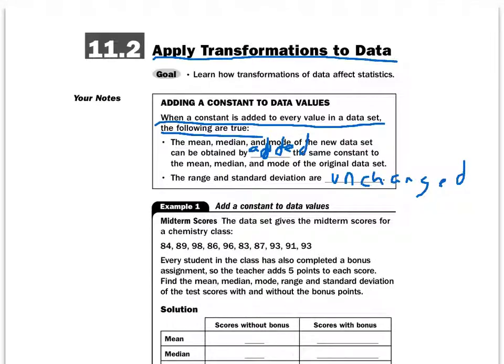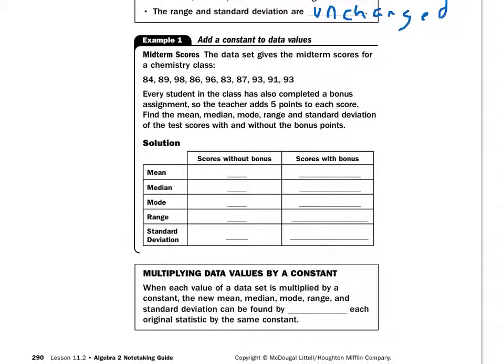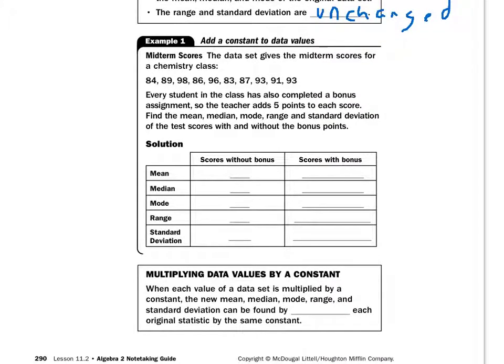We've got a midterm exam here, midterm scores for a science test. It says the data set is given the midterm scores for a chemistry class, and here they are. And if you did all the math like you did in the last section for this information, you got 90 for your mean, 90 for your median, 93 for your mode, 15 for your range, and 4.8 for